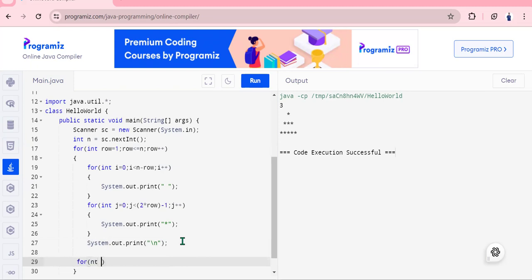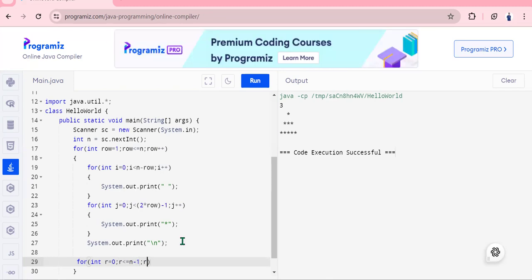So for (int row = 0; row <= n - 1; row++). I will write r, and row is equal to 0, row r less than or equal to n minus 1. So why am I writing n minus 1? Why am I writing n minus 1? Because,